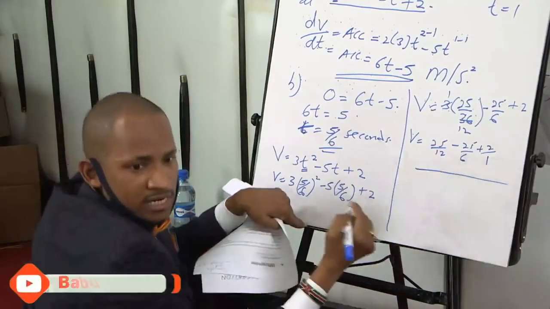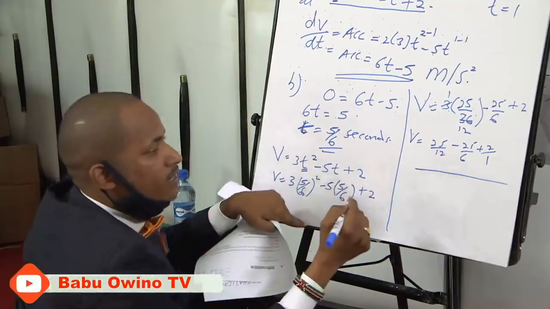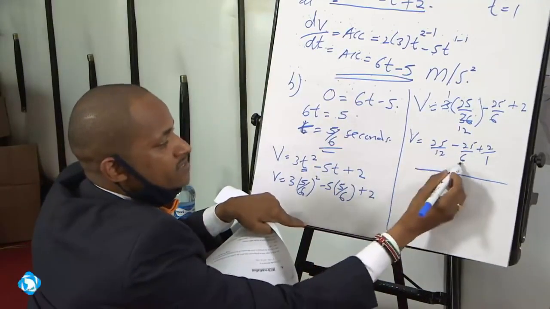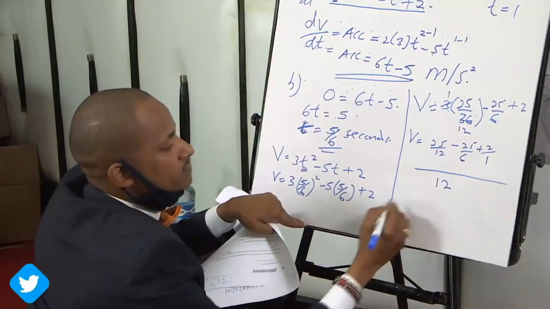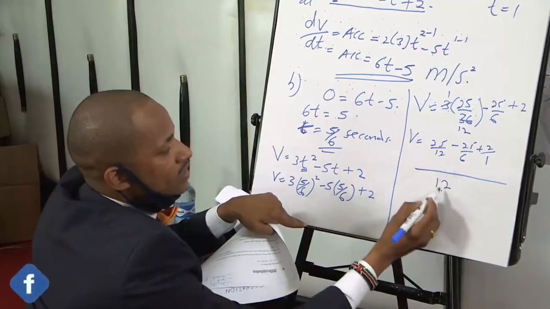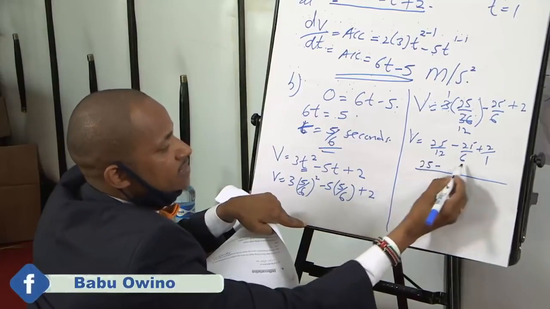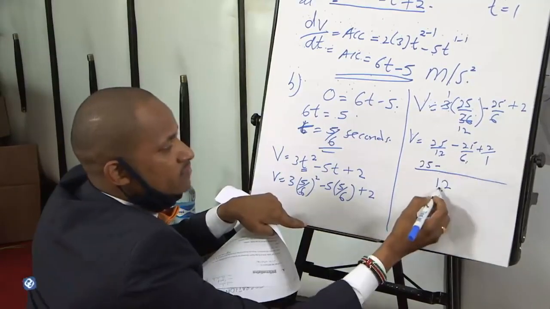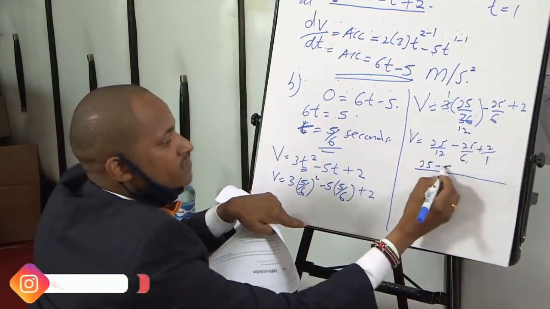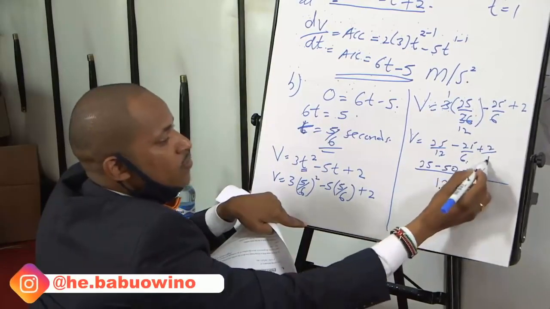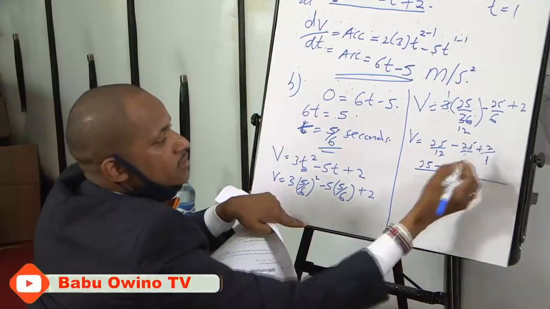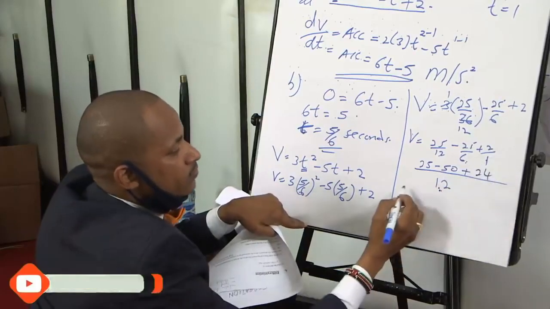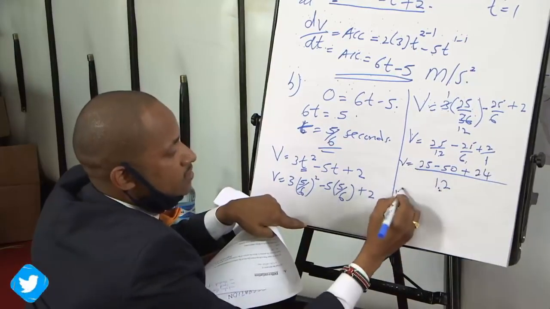You can either use a calculator to solve this or get the LCM of 12, 6 and 1. Least common multiple, which is 12. 12 goes into 12 once times 25 is 25, minus 12 into 6 into 12 twice times 25 is 50, plus 1 goes into 12 times 2 is 24. When you simplify this, velocity is equal to